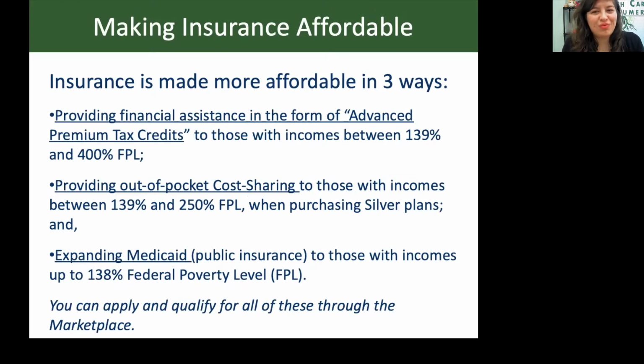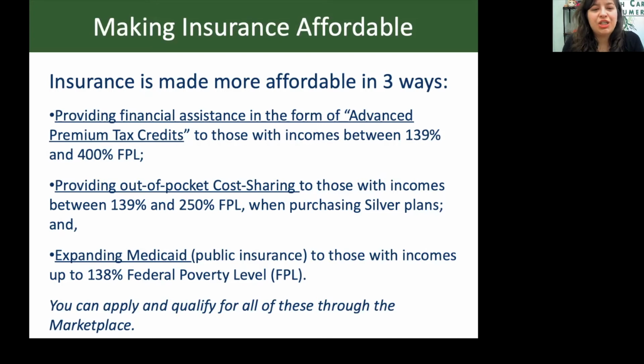Again, this is just to review the way that health insurance is made affordable. They are giving you financial assistance based on your income. So for people who have between 139% and 400% of the federal poverty level, those folks will qualify for a tax credit. And so you can see how that was reflected in the premium plan that we looked at previously. The premium will already have the subsidy reduced, but then you can see the sticker price after that. And then the cost sharing reduction. Cost sharing reductions are an additional discount.